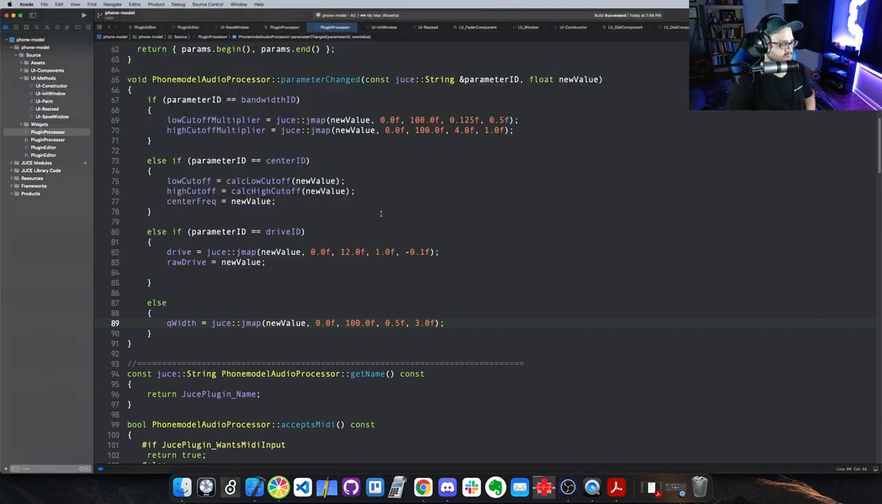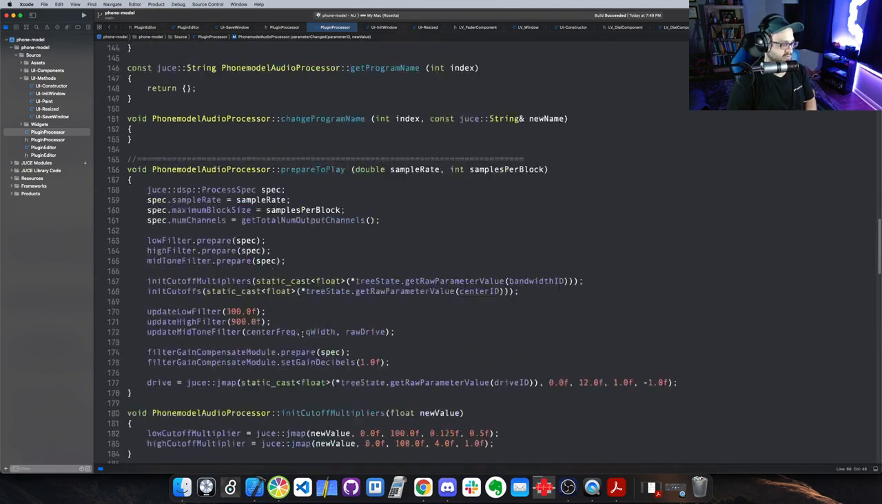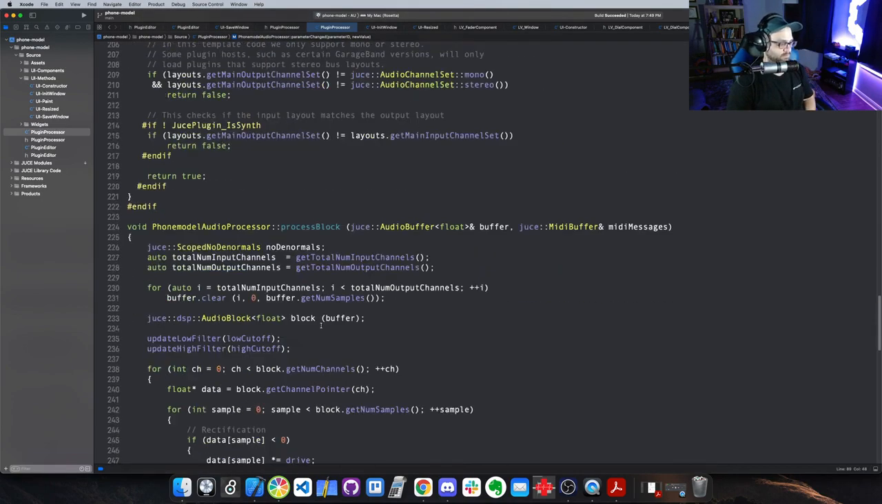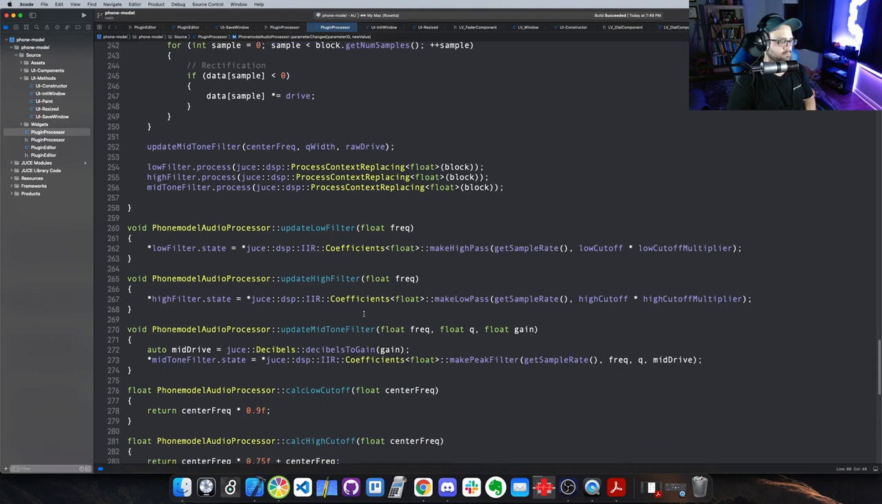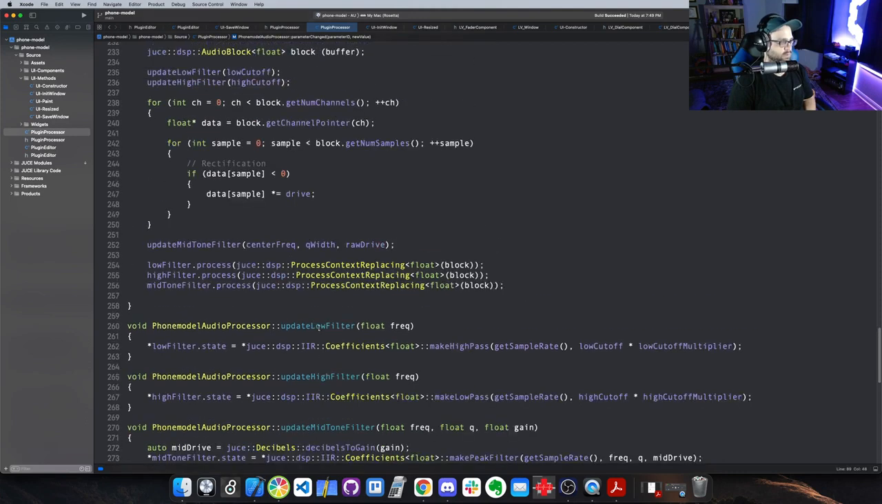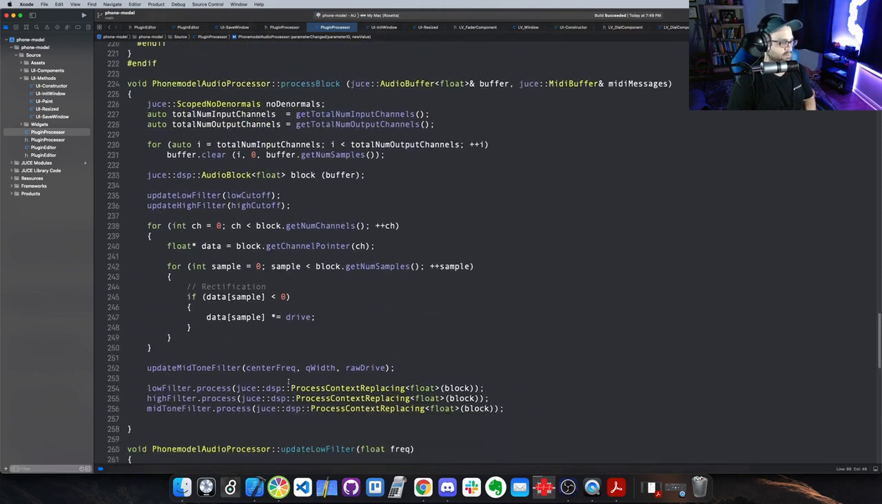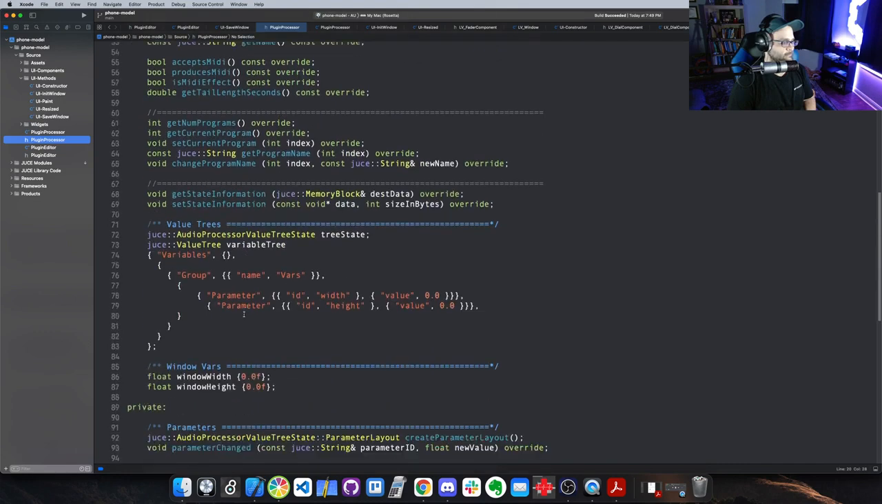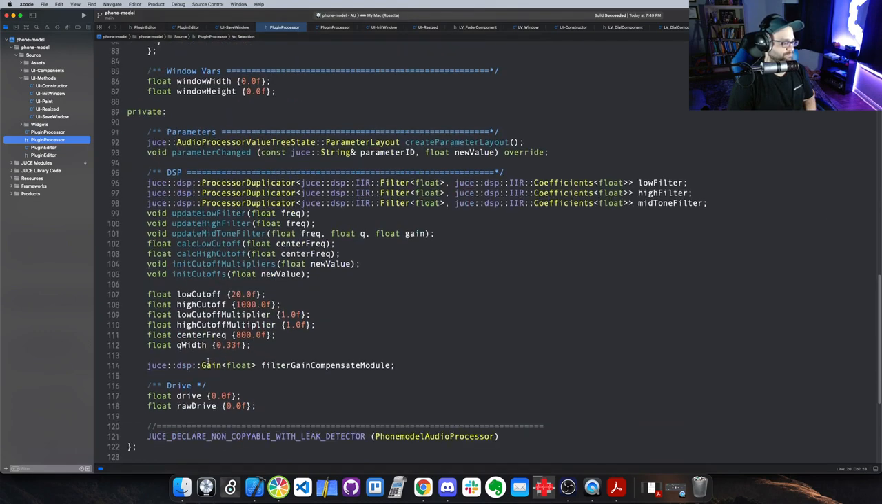Let me just, right now, we're taking raw drive and we're sending that to the gain of our midtone. Wait, in here. Midtone, update, raw drive. So instead of raw drive, call it